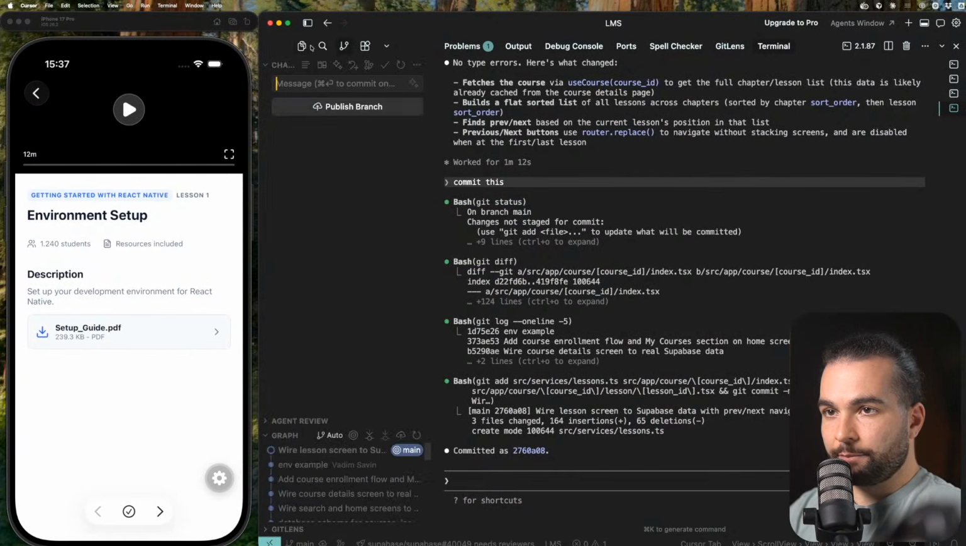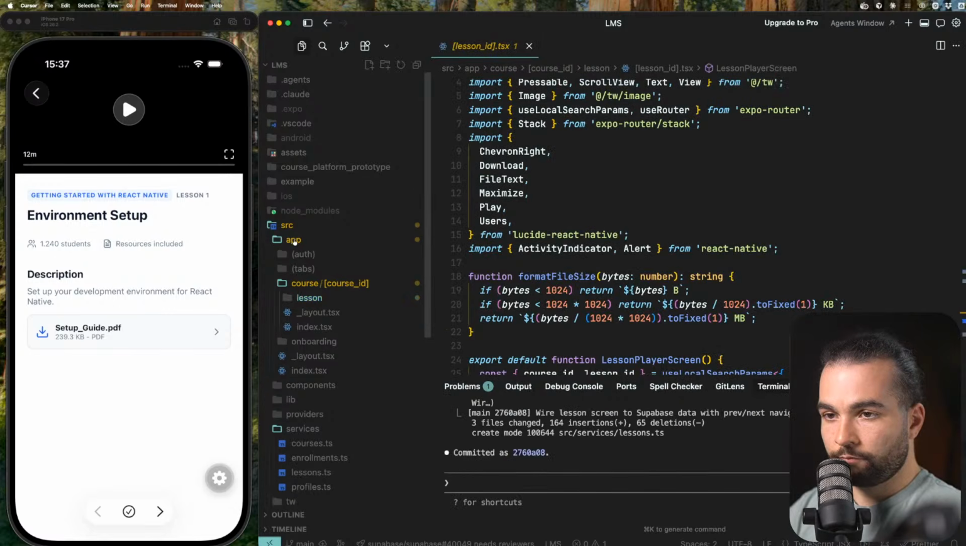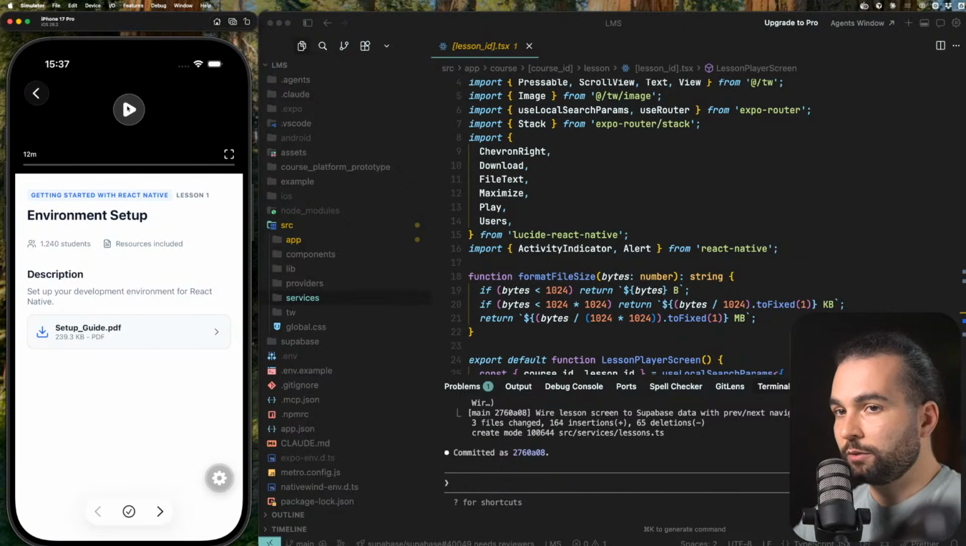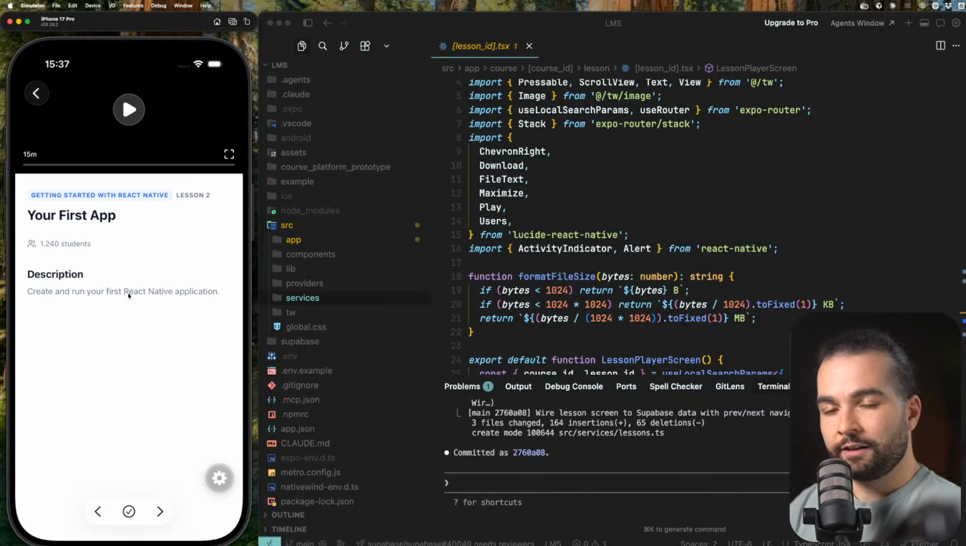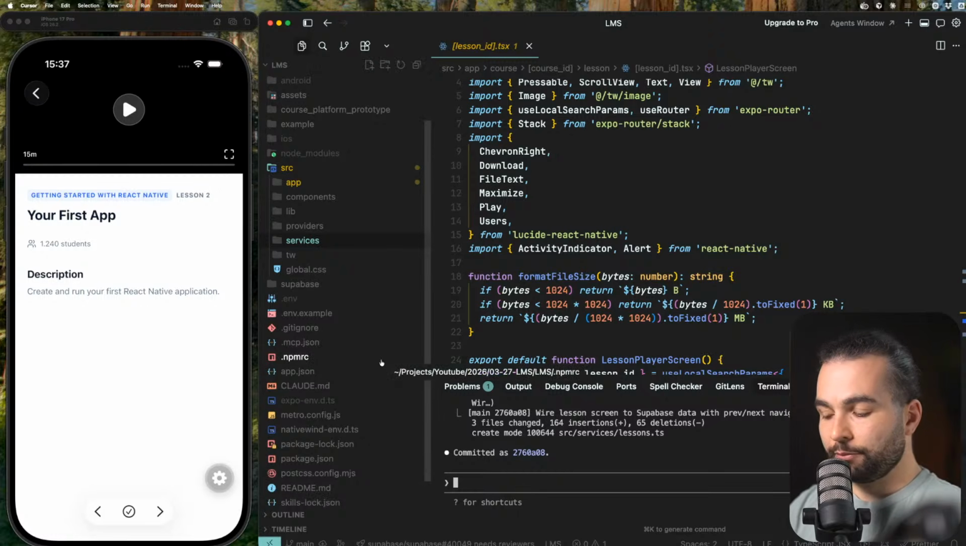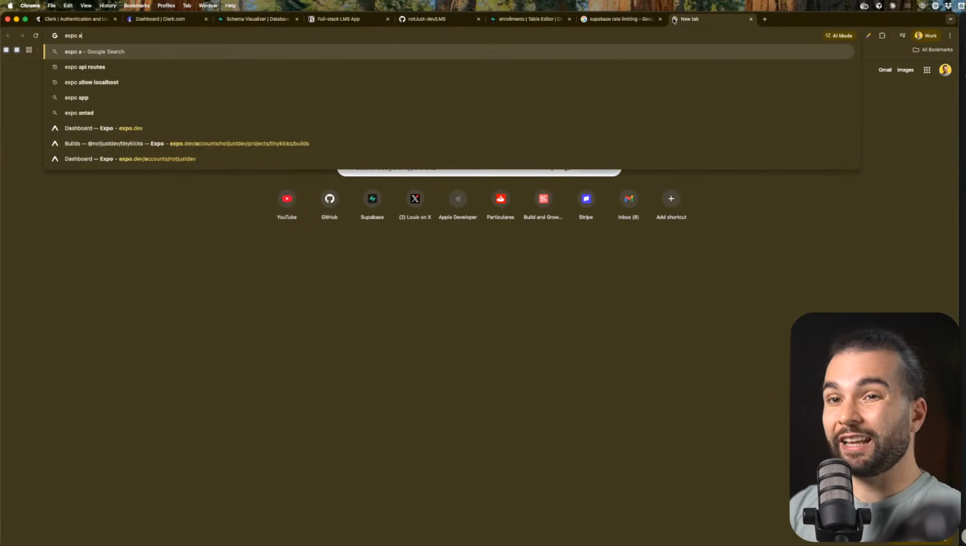Okay, everything is committed. We can move on. What do I want to do next? The next thing probably is going to be the video player. Let's go ahead and implement the video player, and for that we're going to use Expo AV, not Expo AV,